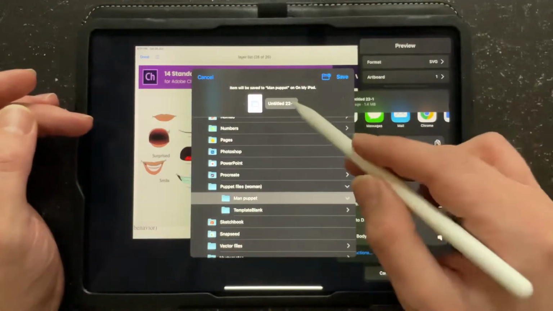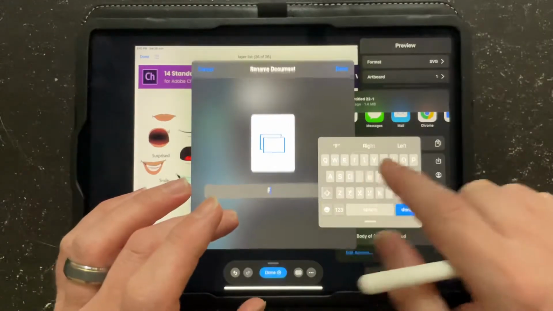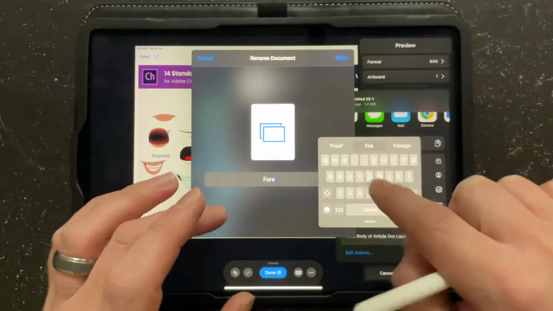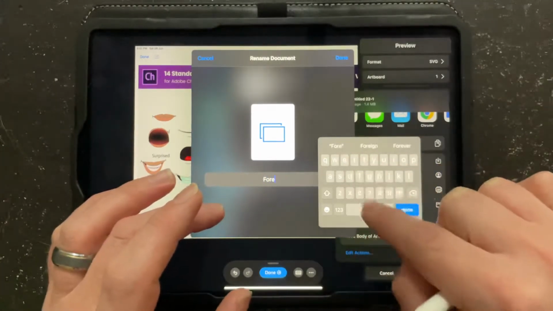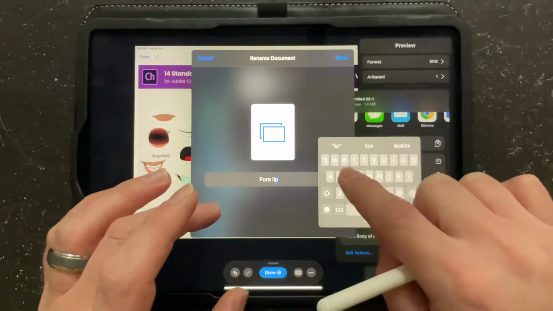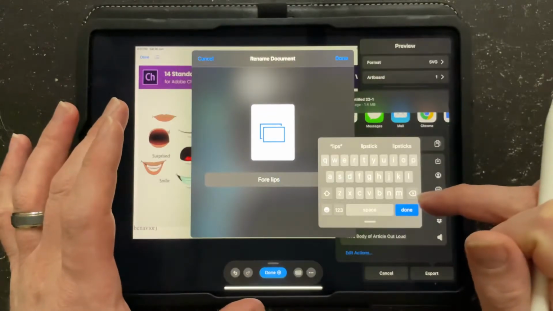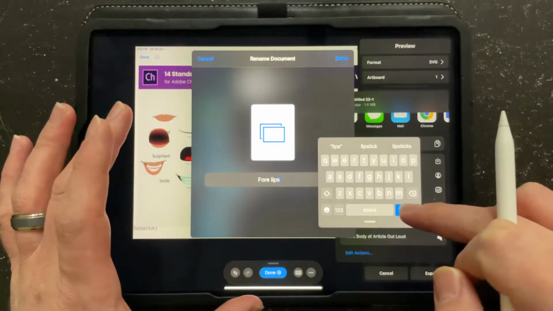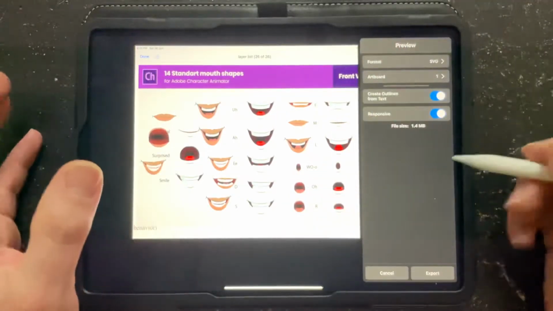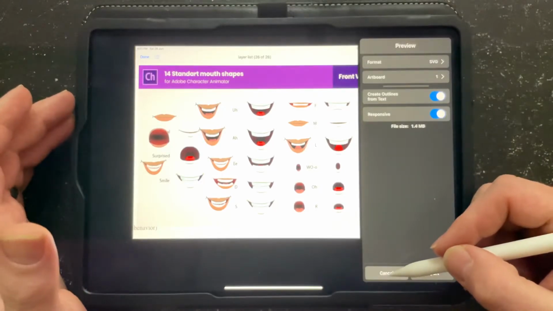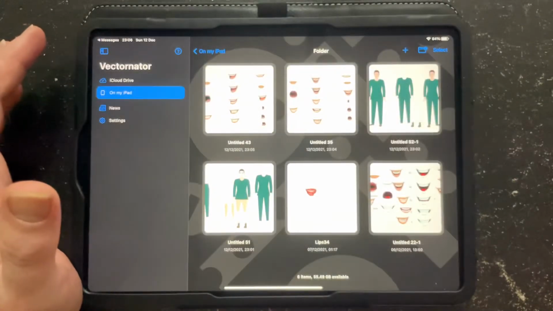Go into man. We need to call this forward-facing lip. So let's just call it 4, not fire. 4 lips, as in foreground lips, forward-facing lips rather. It's probably not the right way to say it actually, to be fair, but I know what I mean. And come out of that. Now then,